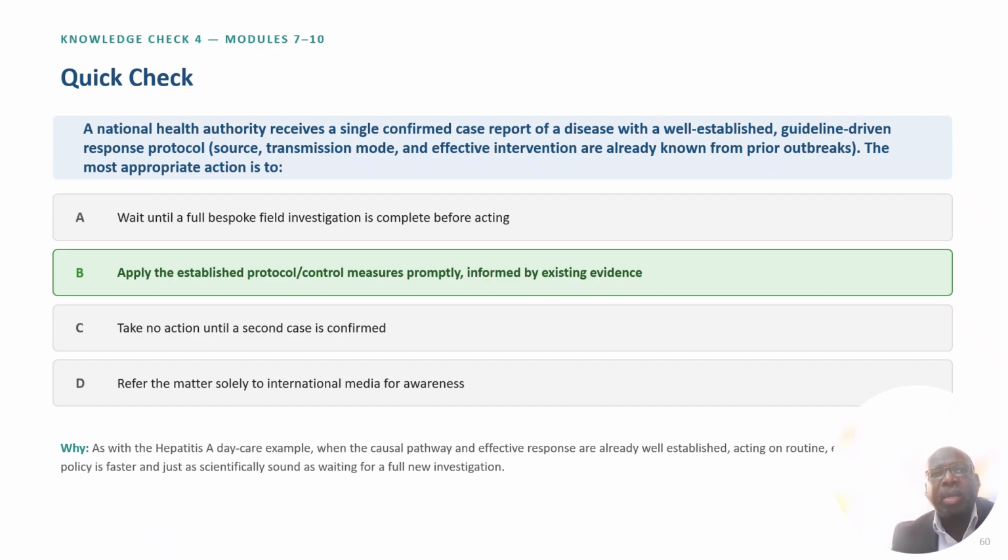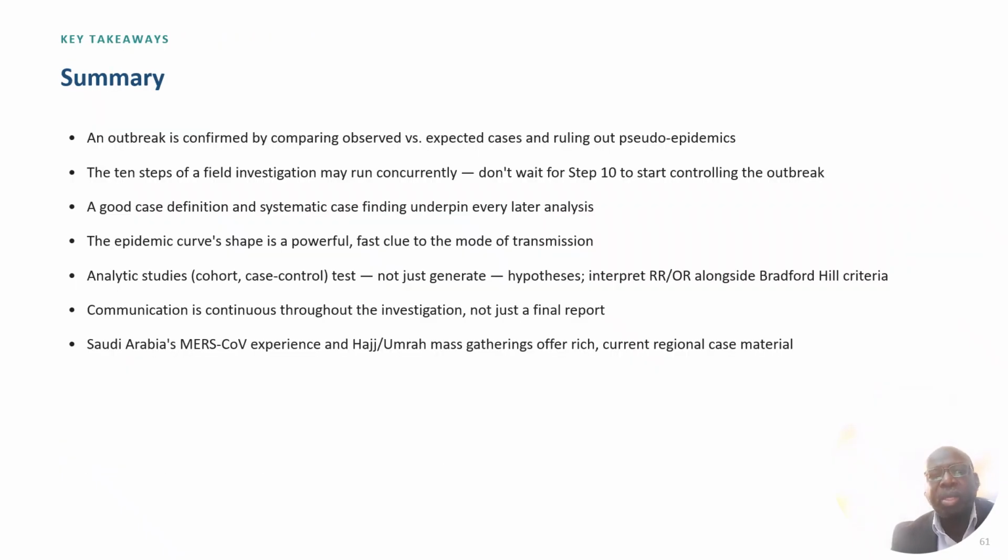This is a quick example of a scenario. I'll keep it for you to enjoy, because in our post questionnaire you might also face such types of this. So this is also a good practice for you. Here we have some summary for